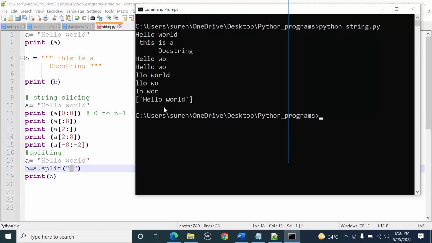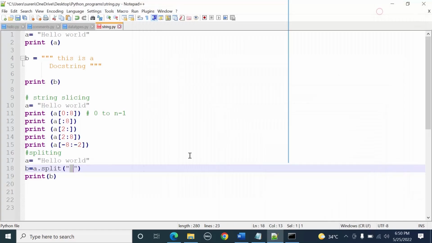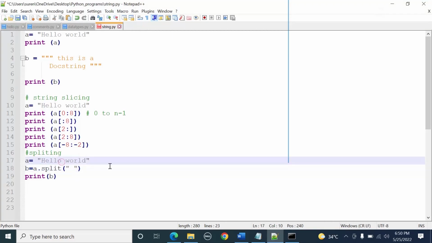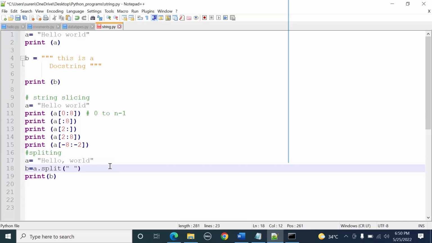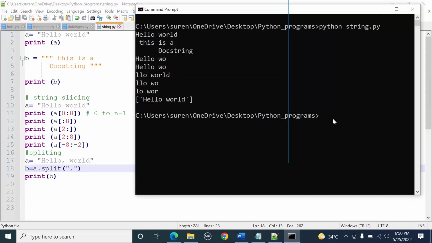See here, hello world. Oh, actually, here just see. Okay, it is somewhat confusing. Let us give some comma here. Okay, so here we are also separating with comma. Now, without confusion we'll understand. Okay, okay, now